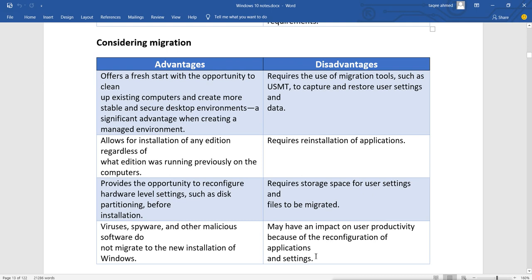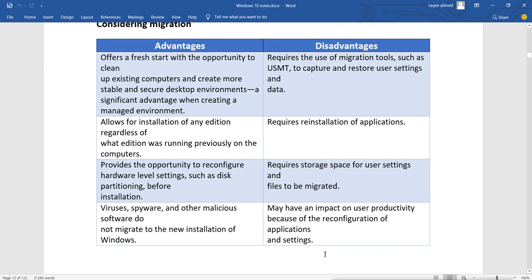Because you have to reconfigure everything, that means you have to reinstall everything, you have to restore the settings from the backup, then it will take lots of time and it can affect the productivity of the user. So the user has to wait to start the job. So these are the advantages and disadvantages of migration.